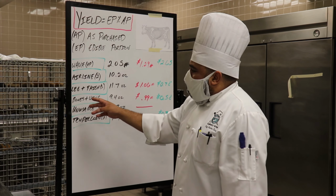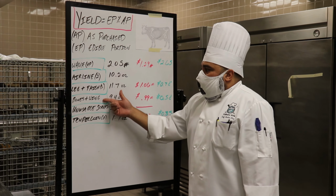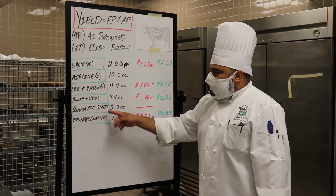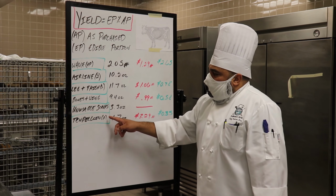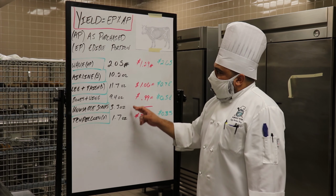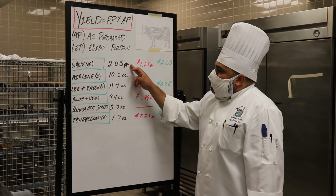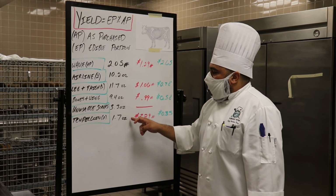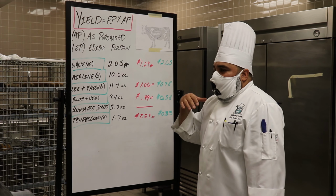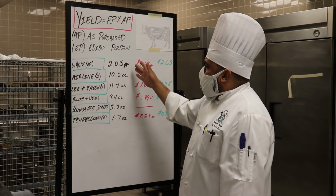We have our bones along with the wishbone, and our wings that were fabricated to make our airlines, which are the wingtips, unusable scraps, and our tenderloins, two of them. Okay, we have our pound, 2.05 per pound, but look, we're going into ounces. Okay, you can have a percentage per pound. But we're not trying to confuse you guys at this point, so we're just going to go ahead and